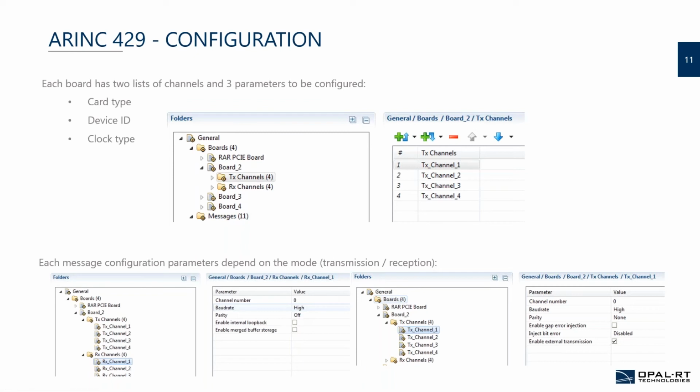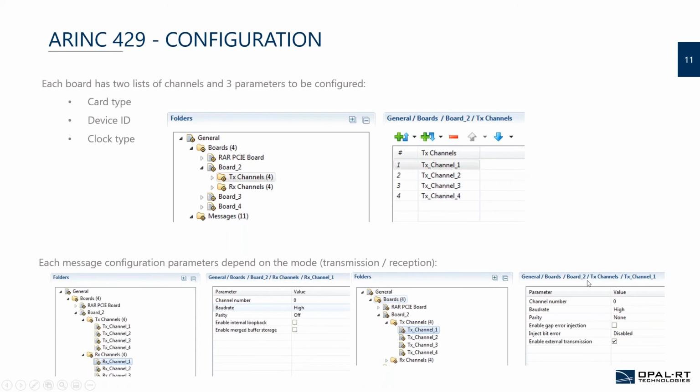We also have a feature for testing, the internal loopback, which can be enabled at first when you test your environment. You define channel numbers that will be reused later. And we have some buffers, as an example, for the